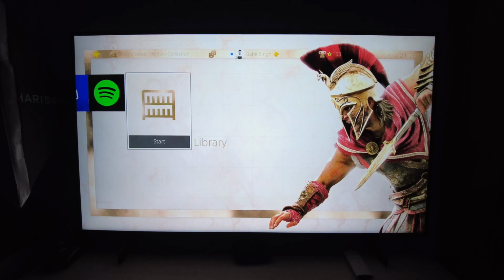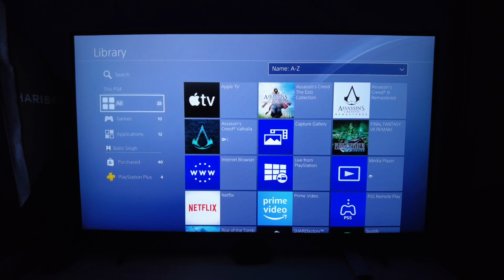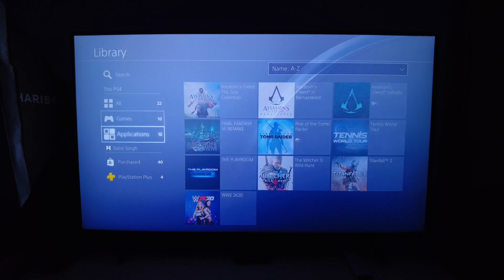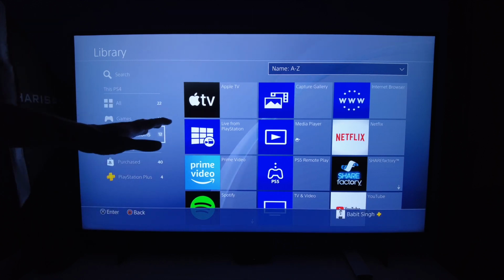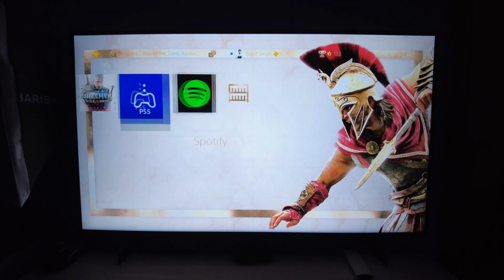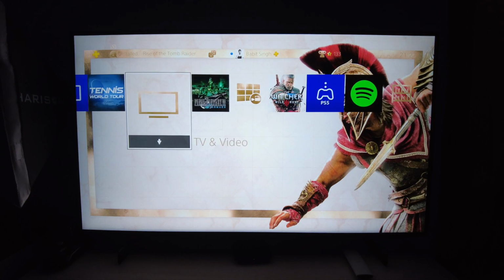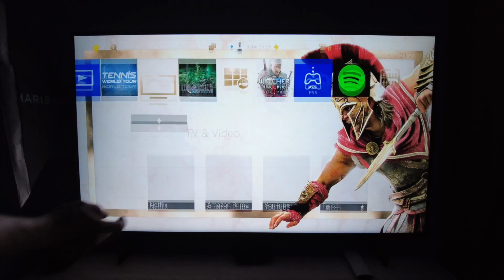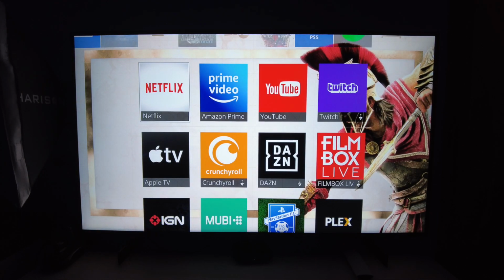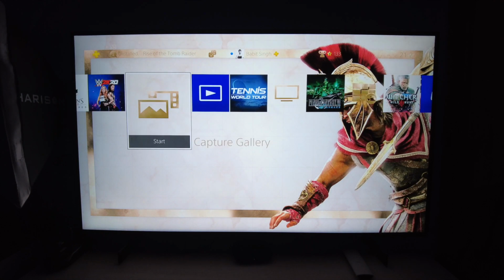Now, apart from that, if you scroll right towards the end, you have the game library. Just like with the Xbox, you have that option. And here you have all your games, all your applications. So this is, in a way, very similar to your Xbox. But apart from this, there are many ways of going over to your TV and video apps as well. For instance, if I click on this, then my TV and video apps would come up here, as you can see. So it just looks a lot neater,